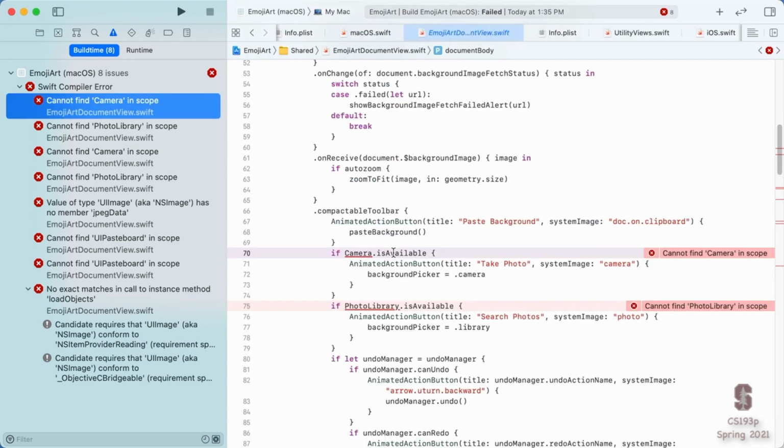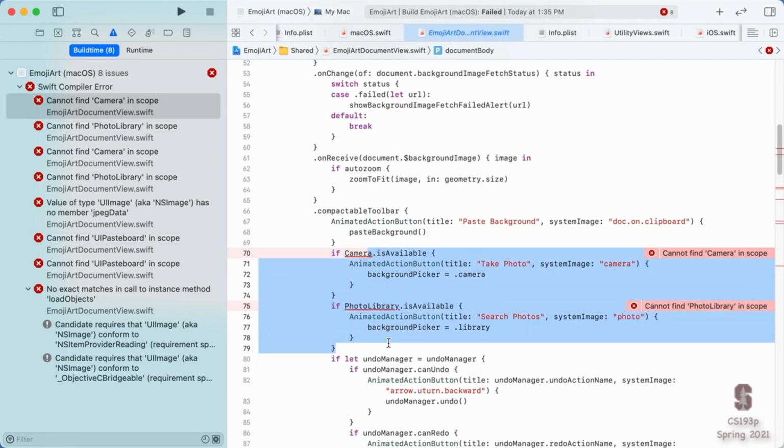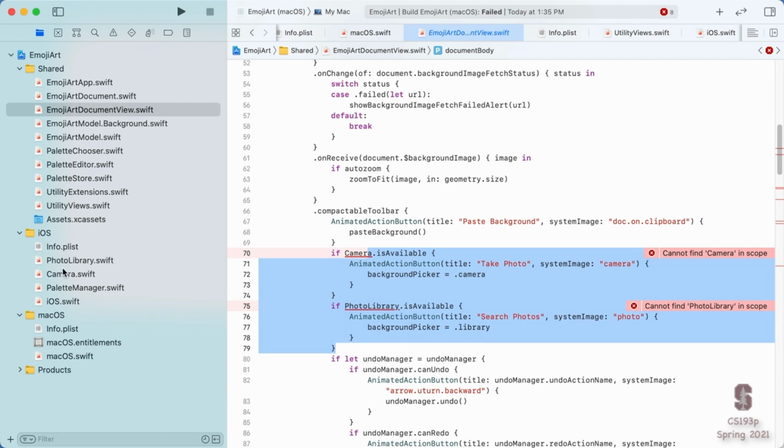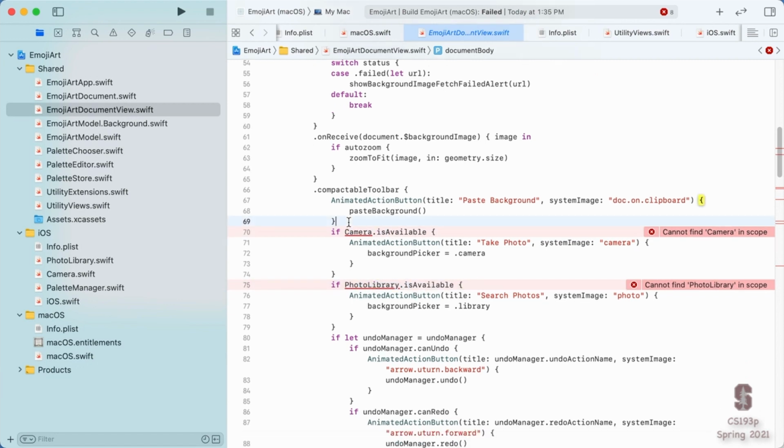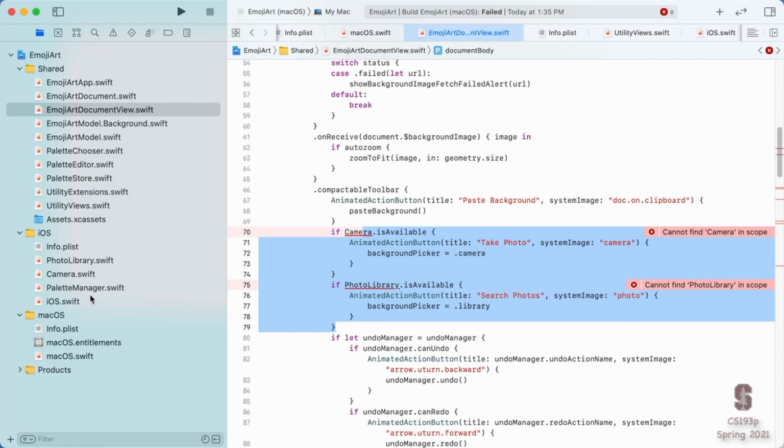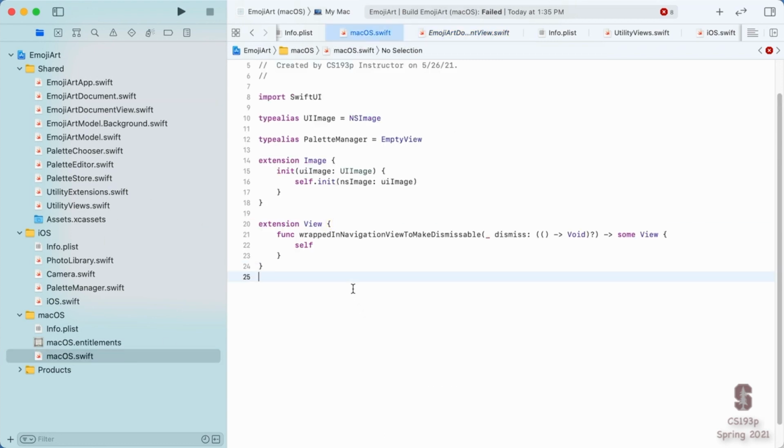Camera, can't find camera. Okay, well, we moved the camera and the photo library down here to iOS, but we're still referring to this concept here of a camera and a photo library. Again, I could do if OS, iOS for these things, but I'll show you one other way to do this, which is maybe we go over here to macOS and define those two symbols to essentially do nothing.